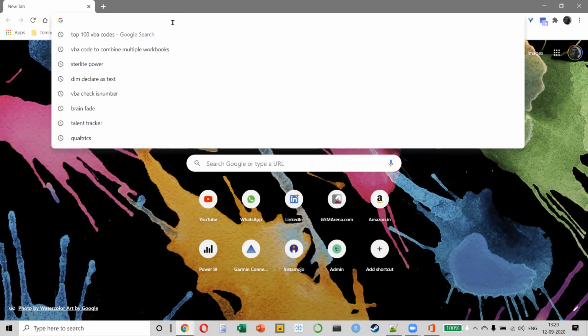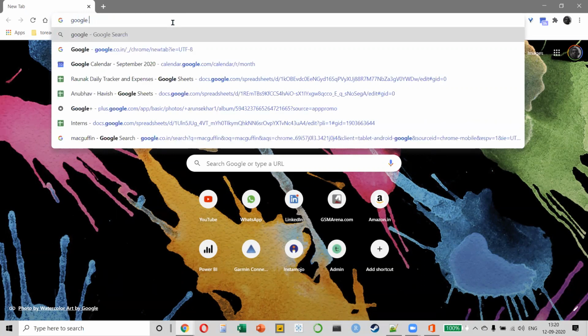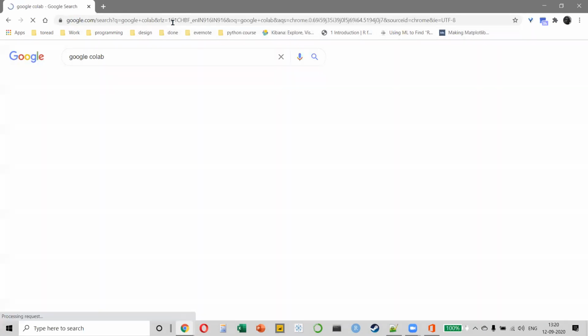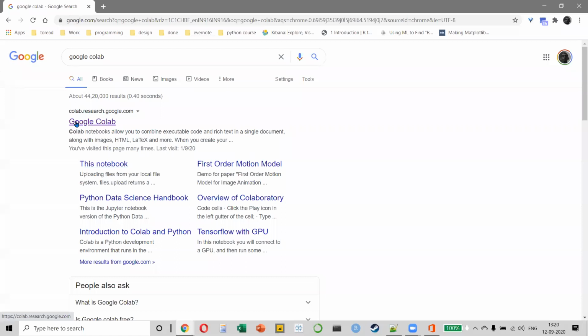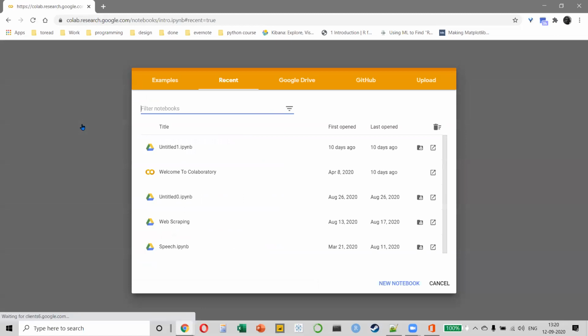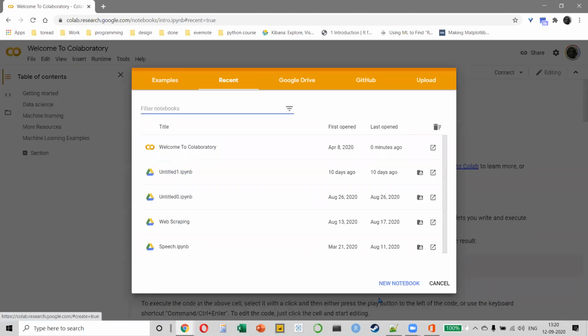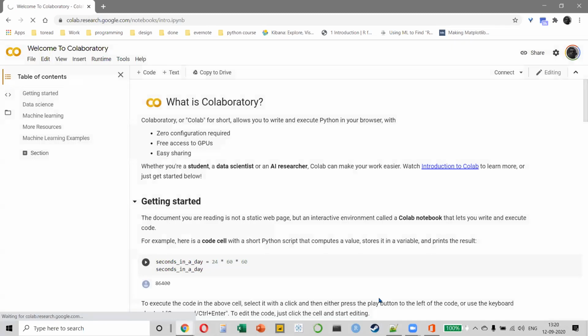The best way to work on Python, the simplest way, maybe not the best way, but the simplest way is to work on something called Google Colab, right? Which is the Google Colaboratory. So what it does is Google Colab is basically a notebook on the cloud that allows you to run your codes directly like this, right? So you just need to have a Gmail account. And once you have a Gmail account, you can just, let's say, create a new notebook. I'll do it right in front of you, everybody. So I'm creating a new notebook.